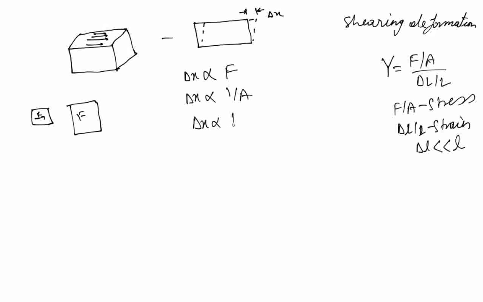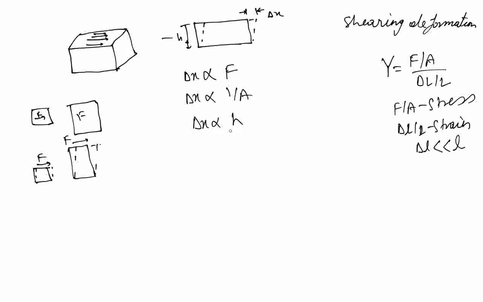Also, delta X is proportional to the height h, which we can see from here. This one will deform less for the same force than this one. So this one is going to get deformed more than this one. Maybe it won't deform that much; it will deform much less than the taller one. So delta X depends on the height of the